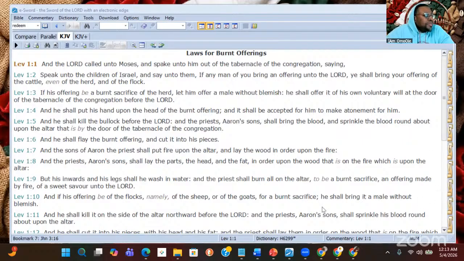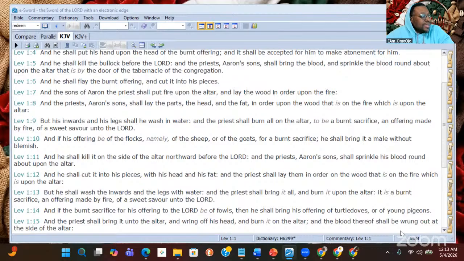And the priests, or the Cohens, Aharon's sons, shall lay the parts, the head, and the fat in order upon the wood that is on the fire, which is upon the altar. When he says in order, these orders were previously given. So the priests of the bloodline and those who practice this tradition and pass it down from their fathers since Abraham would know this tradition of how to lay it out and spread it because it was explained previously when the instruction was given to Ibrahim or Abraham.